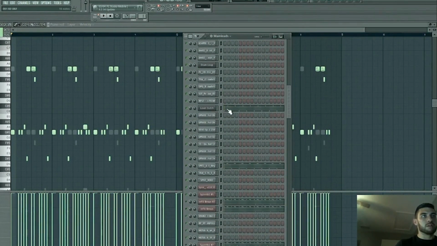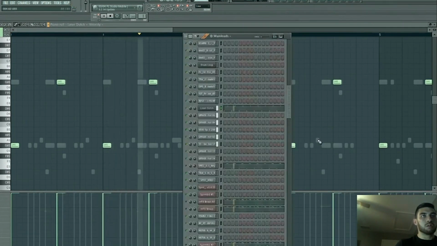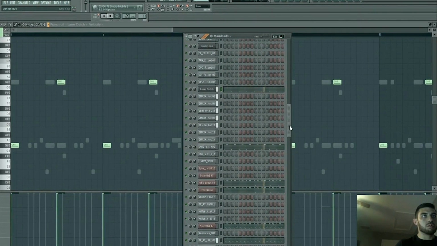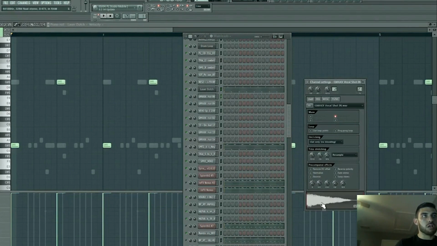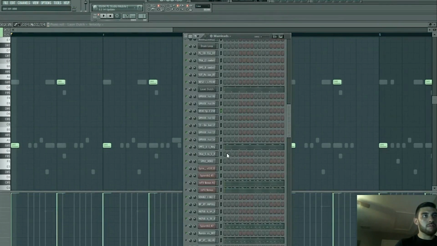We'll start with the first layer. Okay, so we got the sample shot, pretty much just, then we have